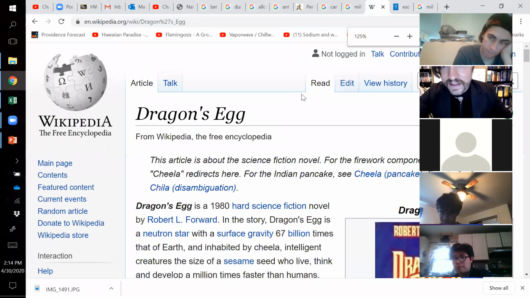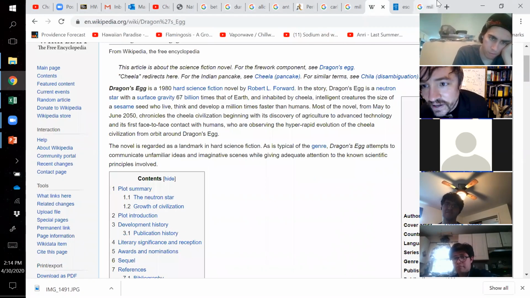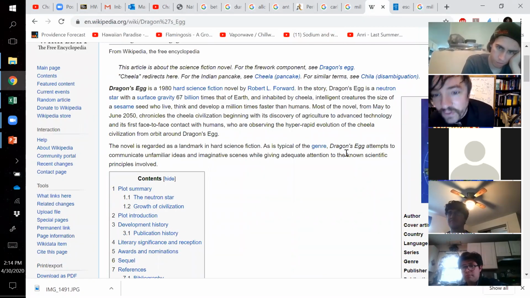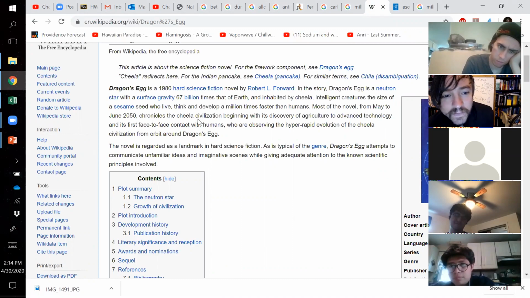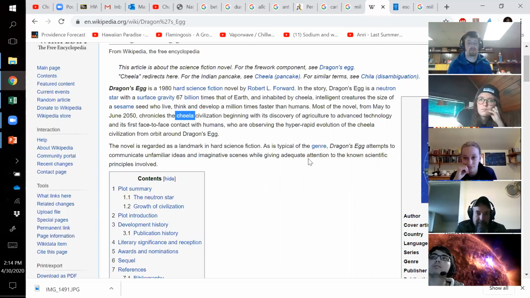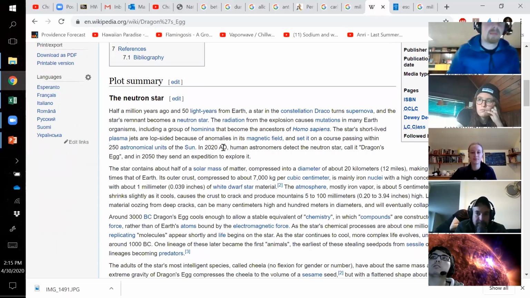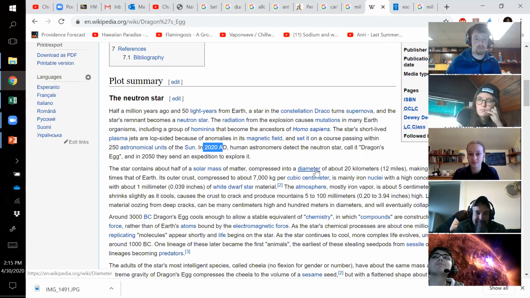But basically, the plot structure goes like this. These humans travel to a neutron star, and they discover living organisms, hyper-compressed organisms that live on the surface of a neutron star. They are called the Chila, and they are basically like little sesame seeds that are only about 1 millimeter in height, and the gravitational G-forces have smushed their bodies down and compressed them into these little chia seeds. Now, in the plot synopsis, the humans travel in the year 2020 AD to Dragon's Egg, and they find these Chila